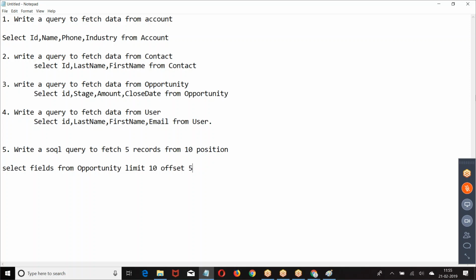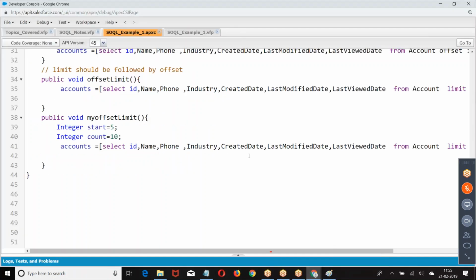My next requirement is I want to get the 5 most recently used records, 5 most recently viewed records. What are the recently viewed records? I want to get 10 recently created records. So what I want to do is sort the data and get it. So how to sort the data which is fetched using a SQL query? Once I write a SQL query, whatever data we are getting, I want to sort it.